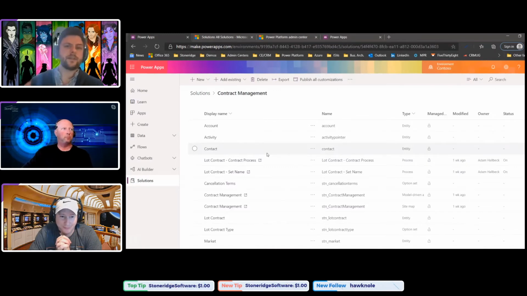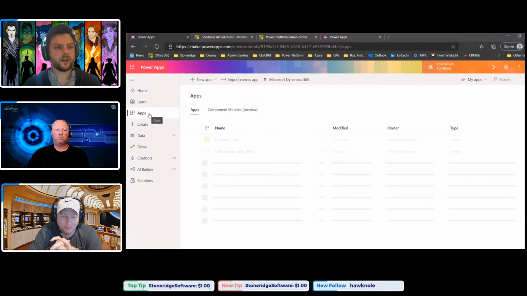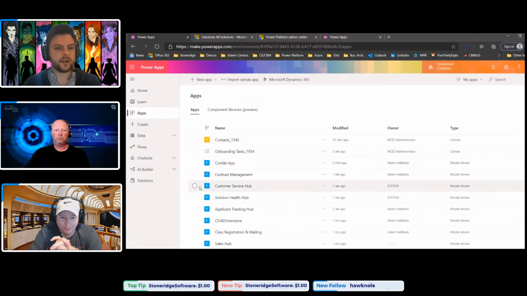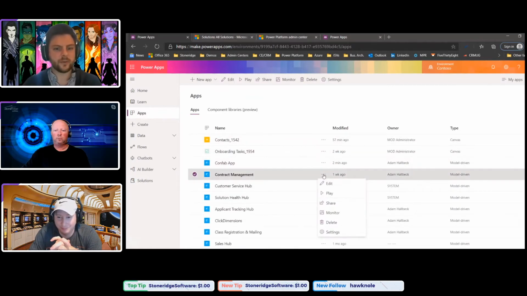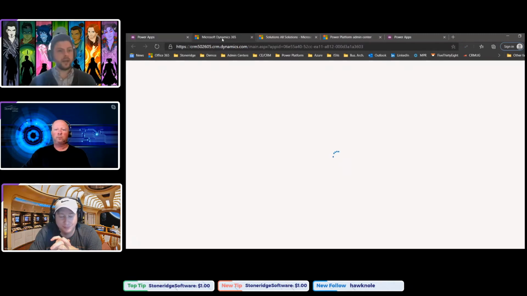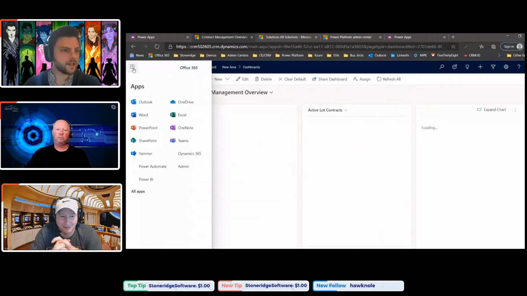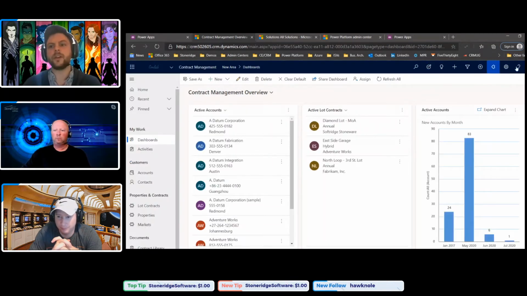So we kind of hit the app designer, the sitemap creator, some of the entities and the solutions and things like that. Now I'm going to show you the one that we already had ready to go. So I'll go to my apps here. And we're not going to go into the Confab app. We're actually going to go into the contract management one, but I will play this one. So it'll load up, and it's going to look like Dynamics 365. So we have the same structure. We have our access to all of our Office apps and what we have licenses to. We have our search capabilities and advanced find and some of the features here,